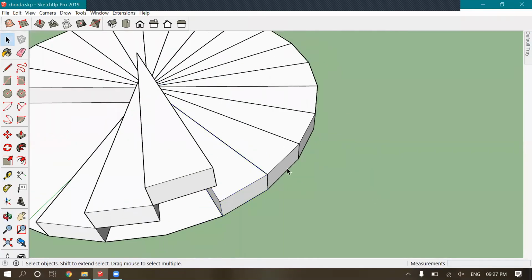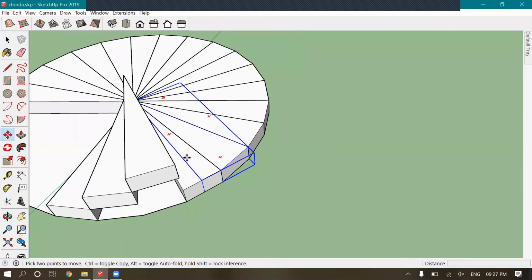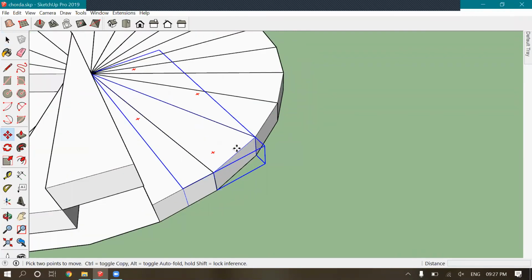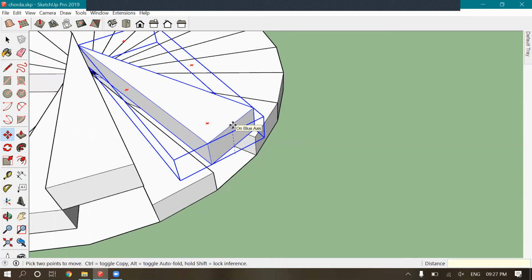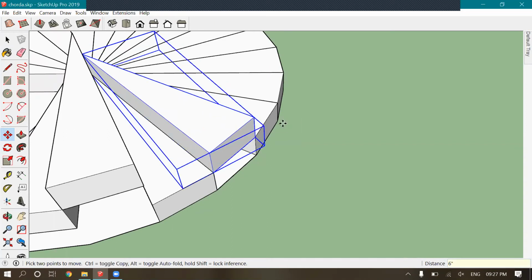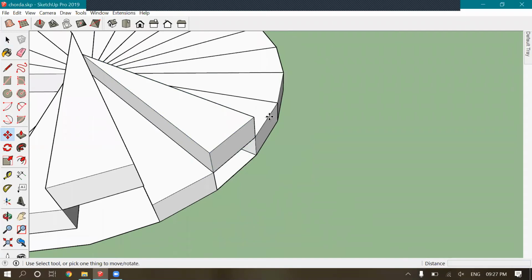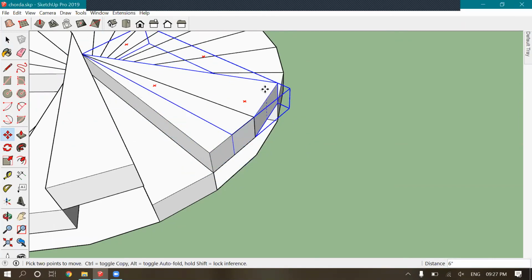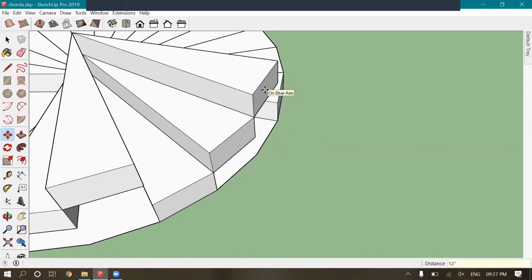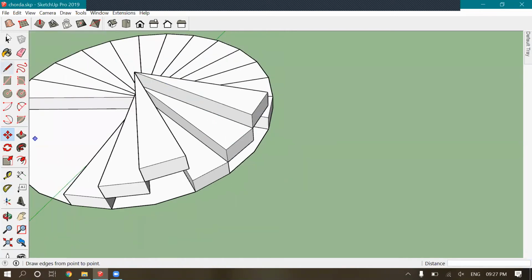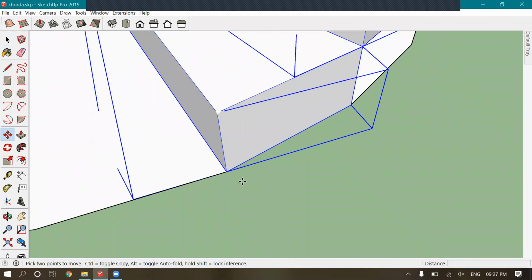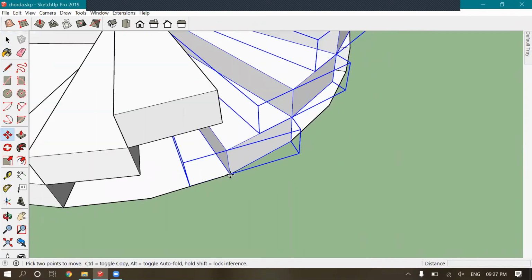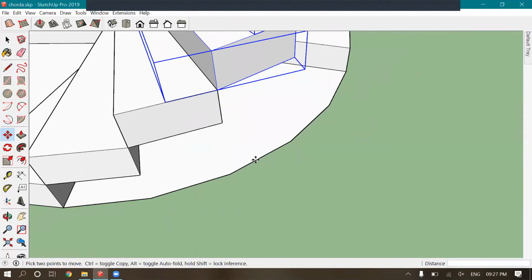So we'll be doing the same for here, but just dragging it all along is a bit time-consuming.